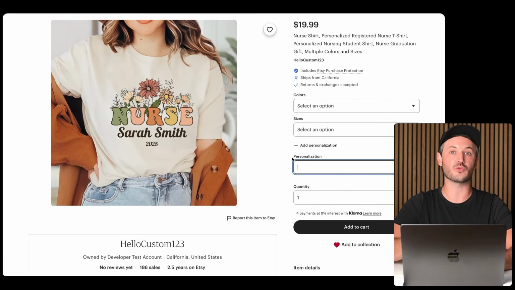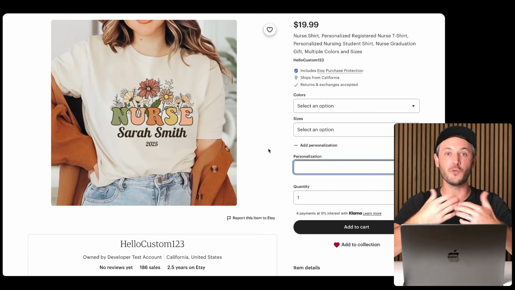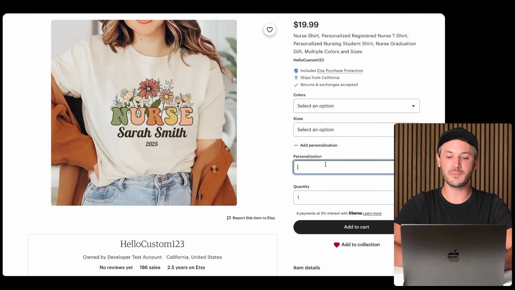If you typed in brown Sarah 2023, again, brown was one of the elements in the collection tied to this design. It'll change it to brown Sarah 2023. So HelloCustom can now fully automate collections, again, image, color, and font from the personalization that the customers type in here directly on Etsy. So the second way that we can automate the personalization is leveraging our brand new Etsy